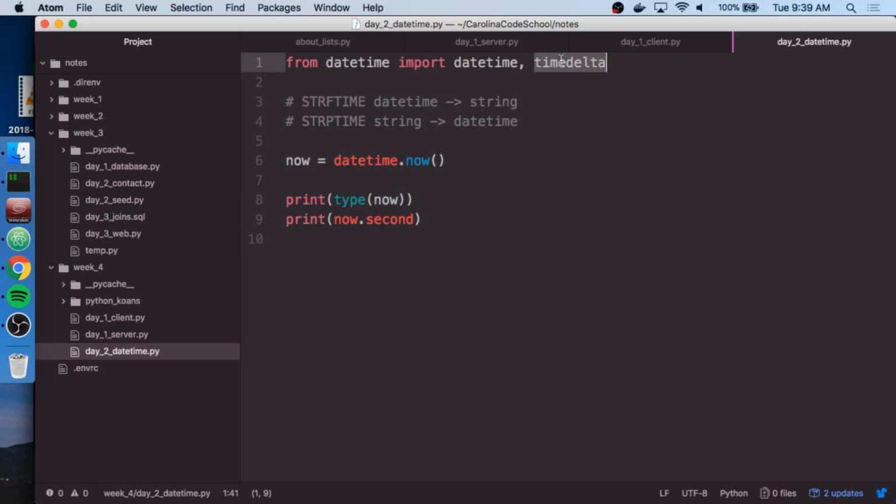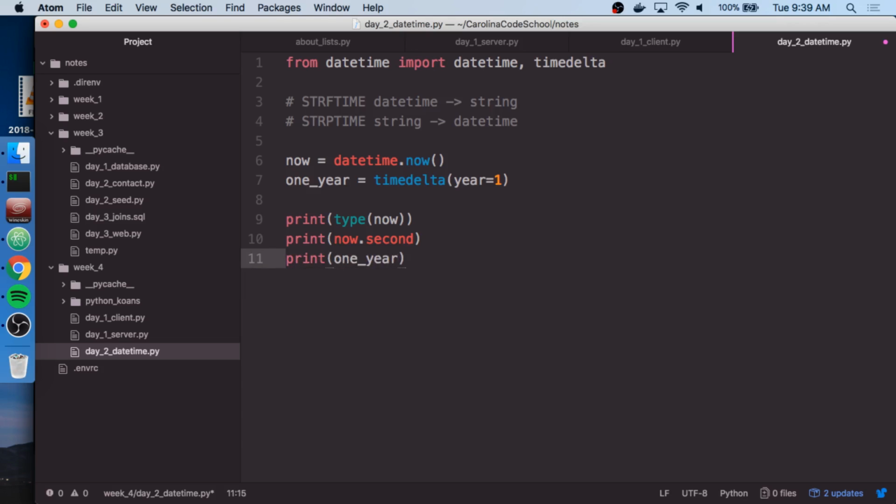So timedelta allows me as a developer to subtract or add time to a datetime object. And I can specify what that interval is. So for example, I can make a variable, call it 1 year. And I'm going to create a timedelta object that says year equal to 1. I think I got that right. It's been a while since I've done a timedelta by hand. So if I was to print 1 year now,